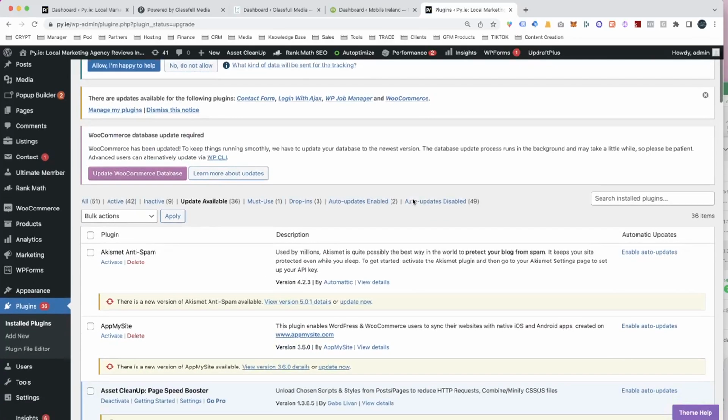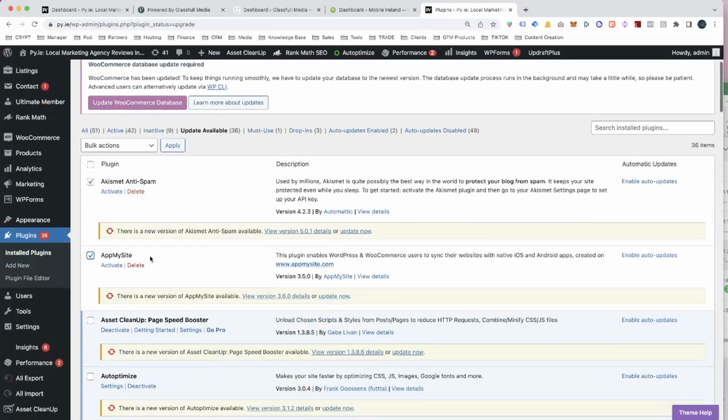One is manually updating each one. We would recommend to manually update them because certain plugins you may not want to update because they haven't been tested on the newer WordPress website. And then other plugins like the anti-spam plugin here are very standardized and they're not going to break your website. But if you've got something like WordPress with WooCommerce,